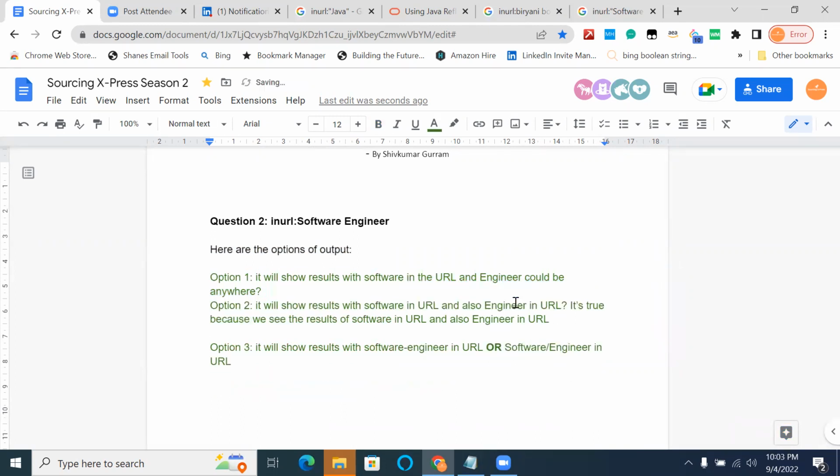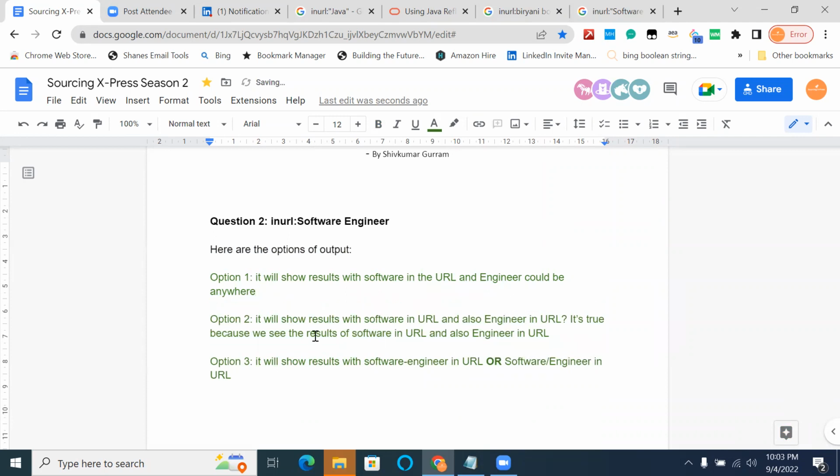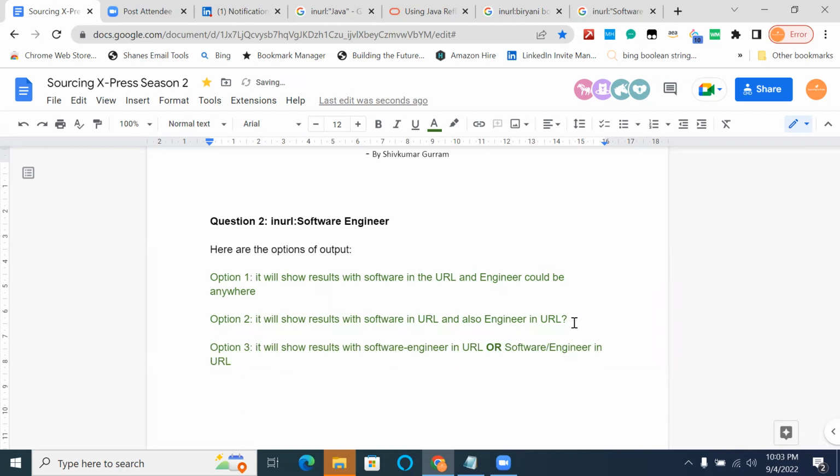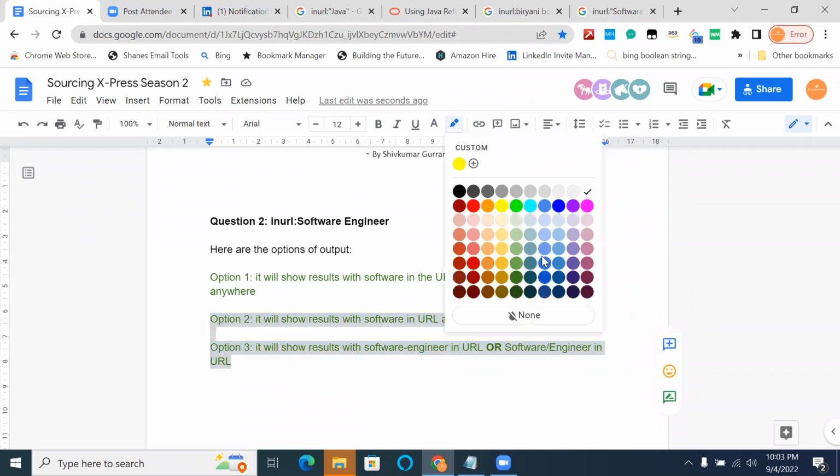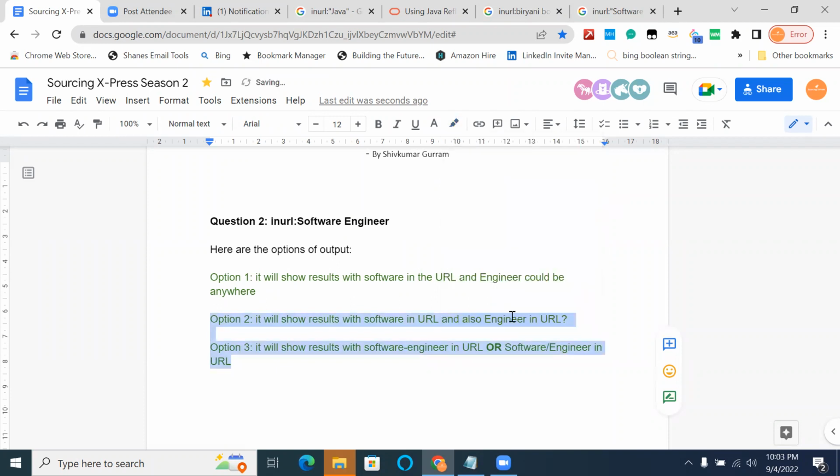This will exclude. It will show results with software in URL and also engineer in URL. And then it will show results with software-engineer in URL or software/engineer in URL. So are these two wrong, or false?